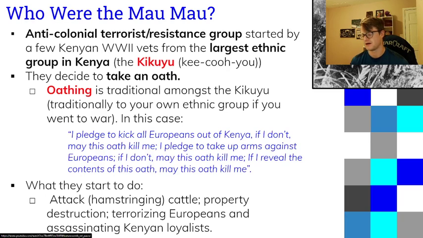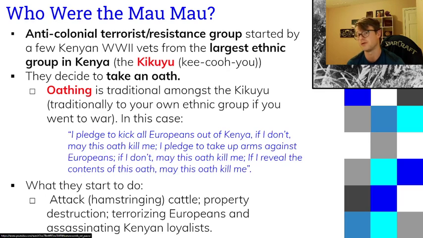They will, for example, you would be like a Kikuyu or a Kenyan living in part of, let's say, outside Nairobi somewhere, and they could be even members of your extended family, like a cousin or an uncle or something like that, or maybe even a servant in your house, or a helper that you might know. And what they start doing is they start going after Kenyan loyalists, who are people who,